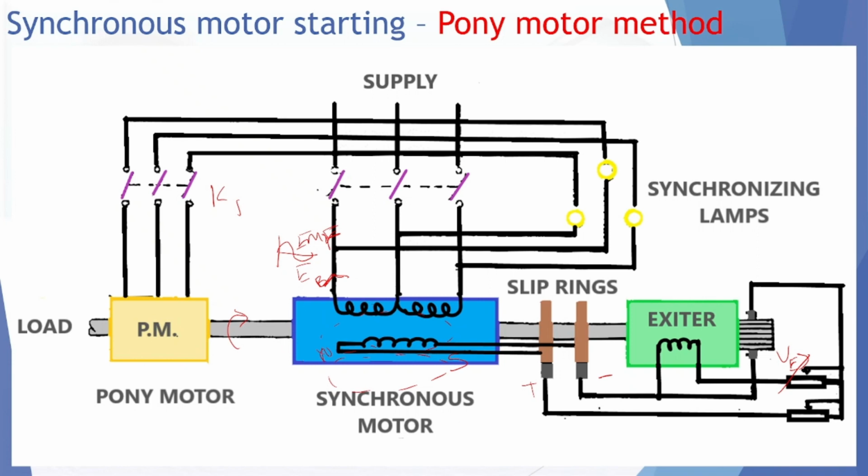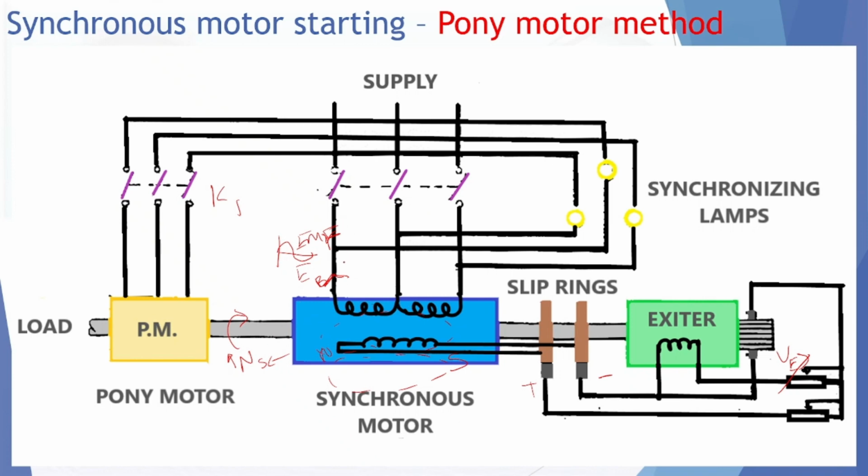Normally what is the design? The pony motor is designed in such a way that its full speed is slightly greater than the synchronous speed of the synchronous motor stator winding. That is achieved by varying the number of pole pairs of this pony motor. So it drives this shaft slightly above the synchronous speed of the synchronous motor, right? And because of this back EMF, we are now in a bit of difficulty, because you cannot simply close this breaker. It's now running just above the synchronous speed of the synchronous motor,